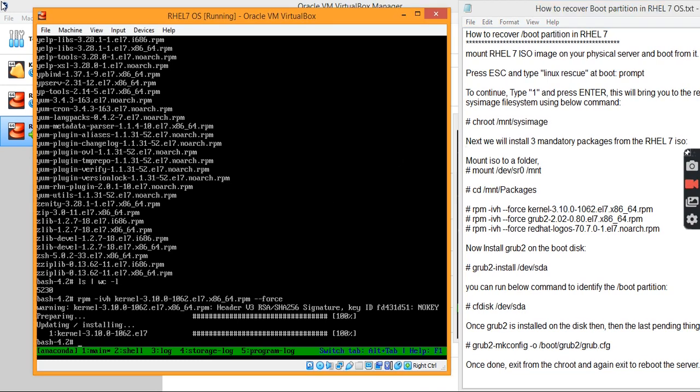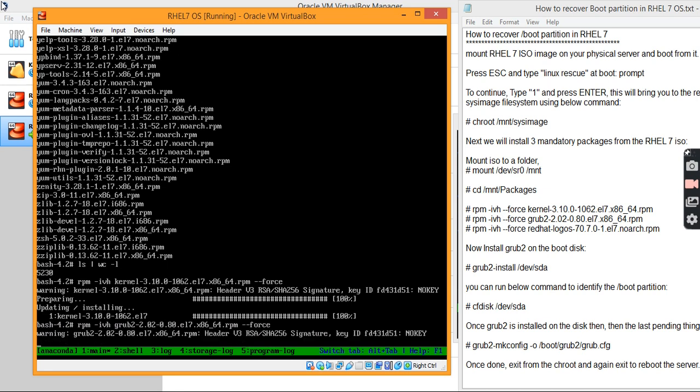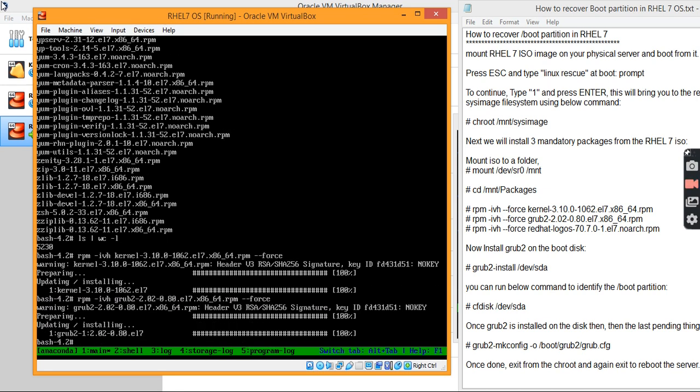Yeah, the kernel has been installed. Now let's proceed with another RPM, which is grub2. It is installed. Let's proceed with the third one.